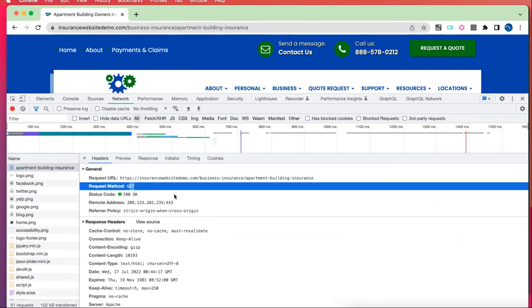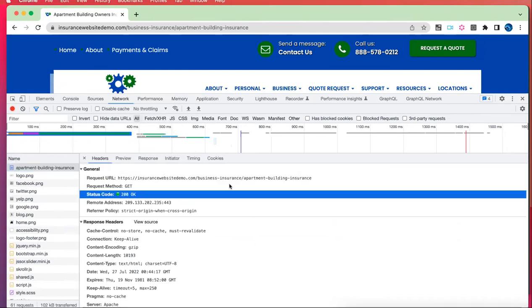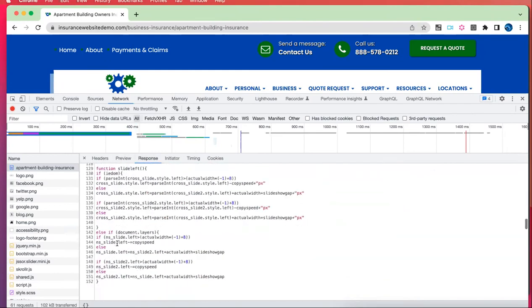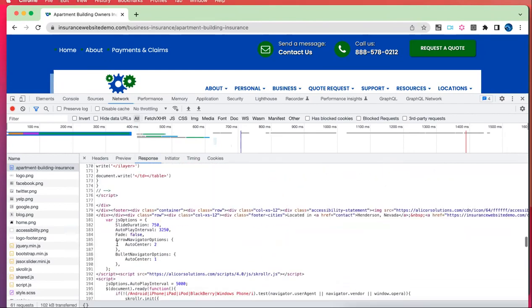You have a get request, and you're saying what you want to get. You're saying I want the apartment buildings, all of it, right? And then if you look at the response, it just delivered everything, right? So similar to that,